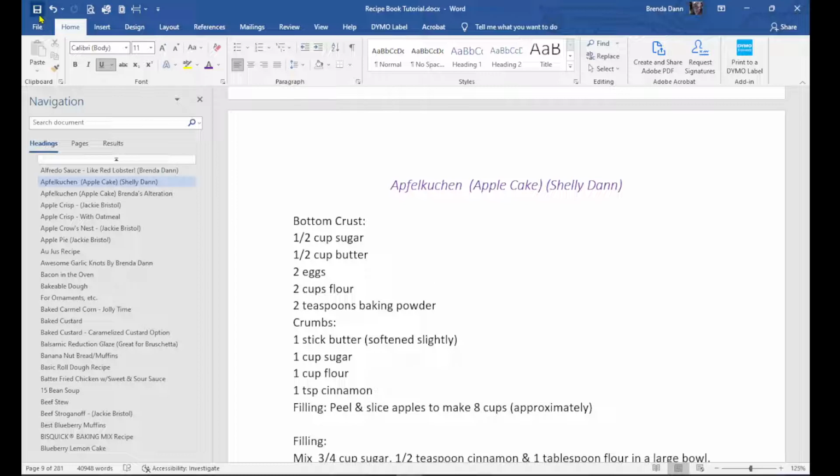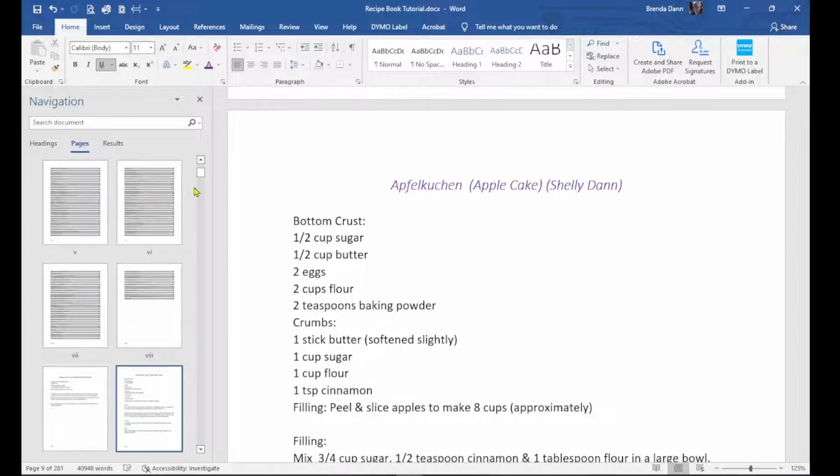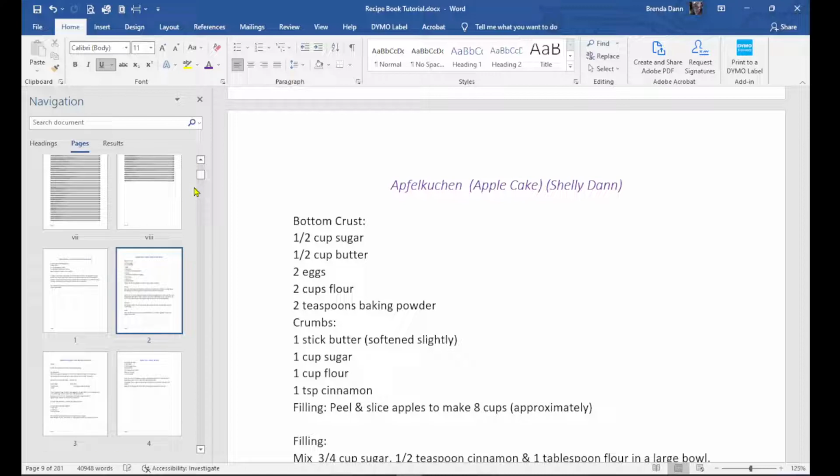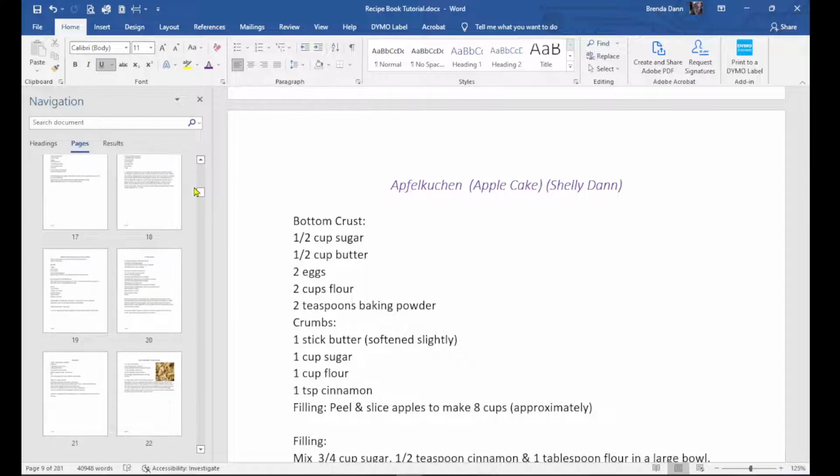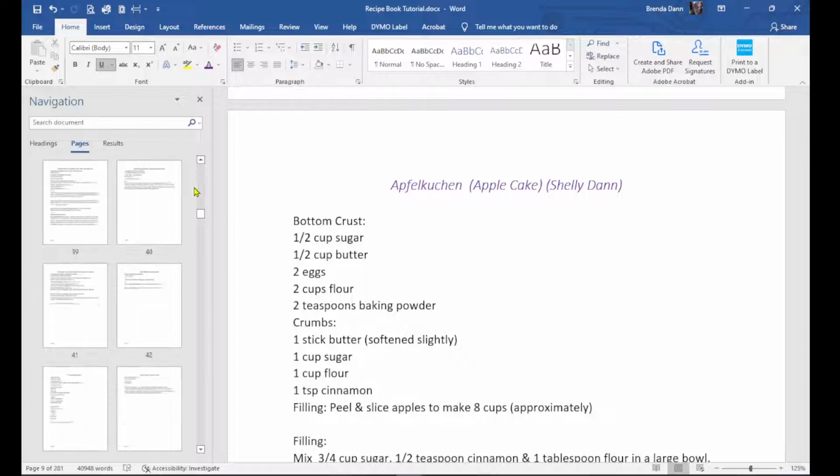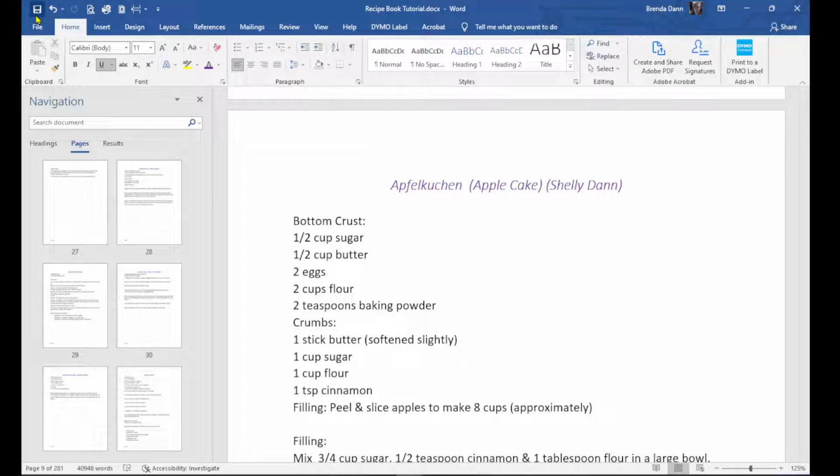So again, I do a save right here because you've done an important piece of work. Your page numbers look like they're in the order that they should be. Kind of scroll through and see your documents progressing the way you want, and you could do a save right here. Okay,